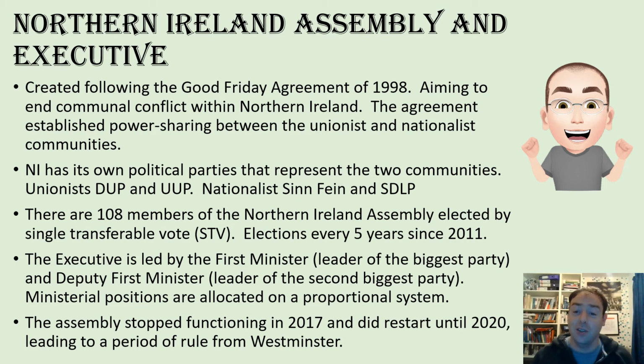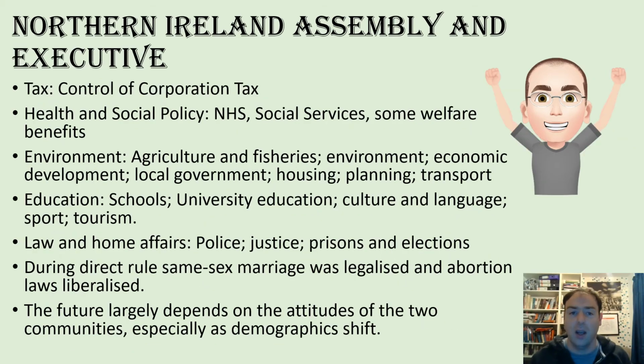Now, Northern Ireland's devolution is more tricky. It is therefore more volatile and a very different system to the one we've seen set up elsewhere. So the Northern Ireland Assembly and Executive has control over corporation tax, it has control over health and social policy, notably the NHS, social services, some welfare benefits, similar control to Wales and Scotland in terms of agriculture, environment, economic development, local government, housing, planning and transport, similar again in terms of schools, university education, culture and language, sport and